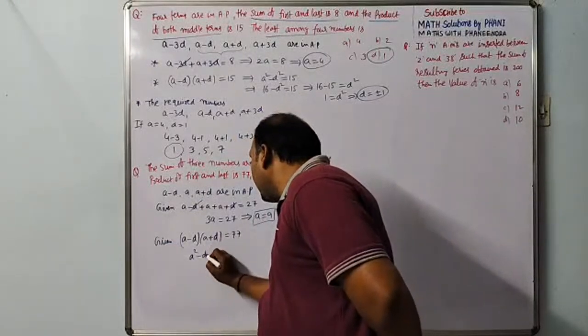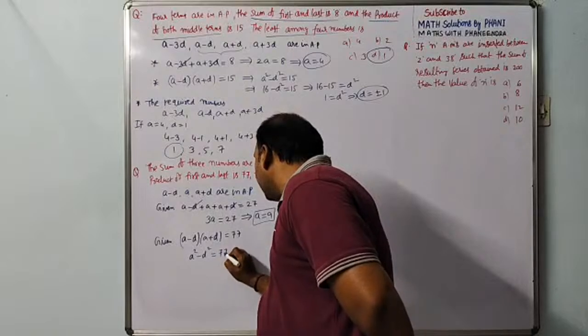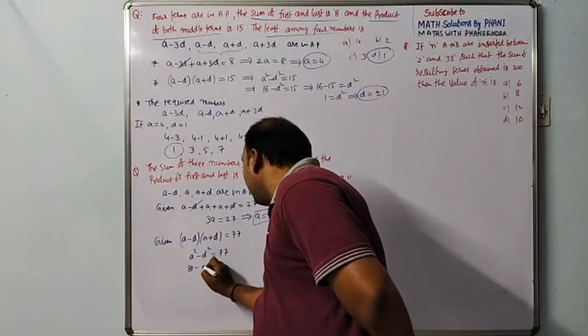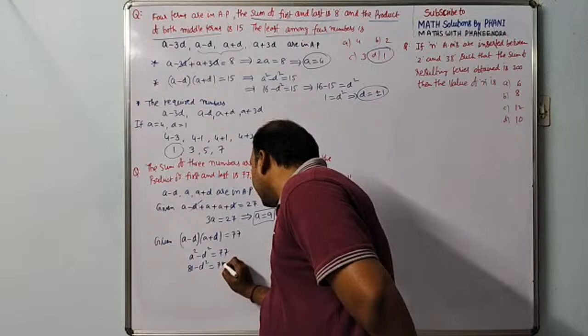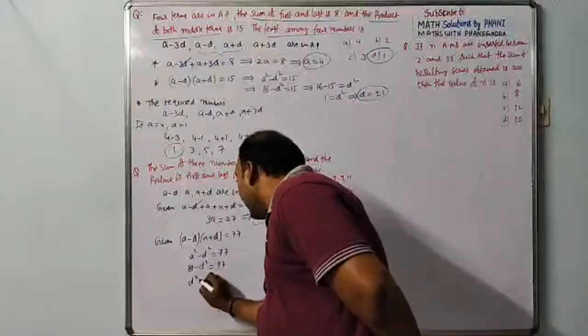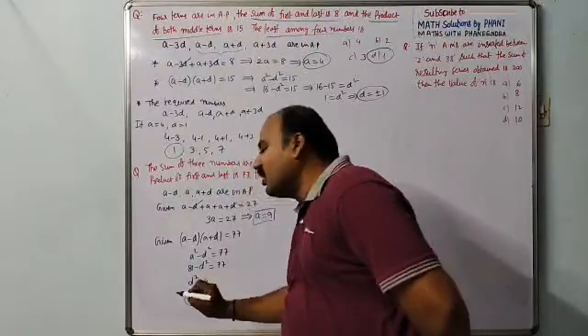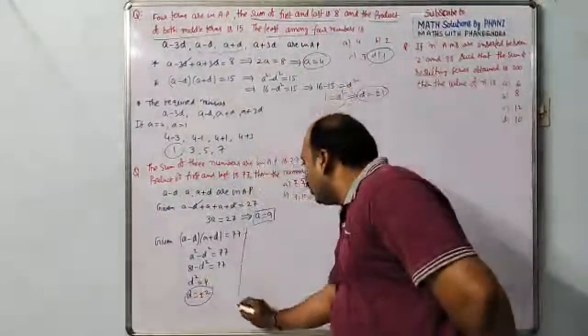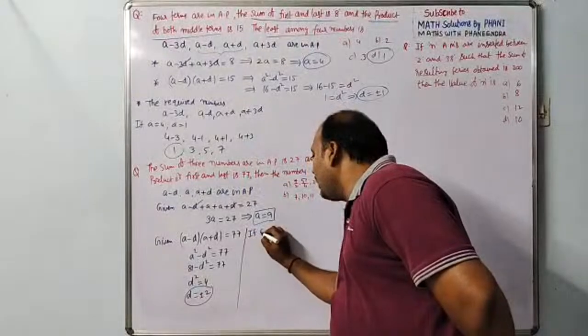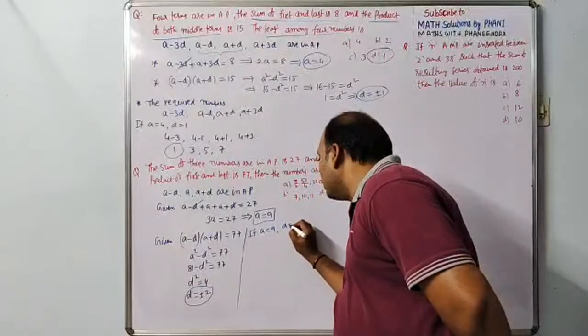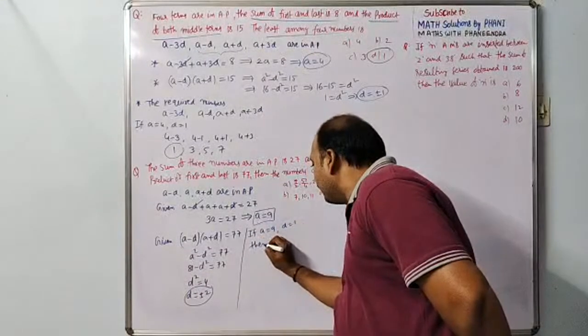A square minus D square equal to 77. 81 minus D square equal to 77. D square equal to 4. D equal to plus or minus 2. Even here also one of the cases only we are going to consider. If A equal to 9 and D equal to 1, then the numbers are